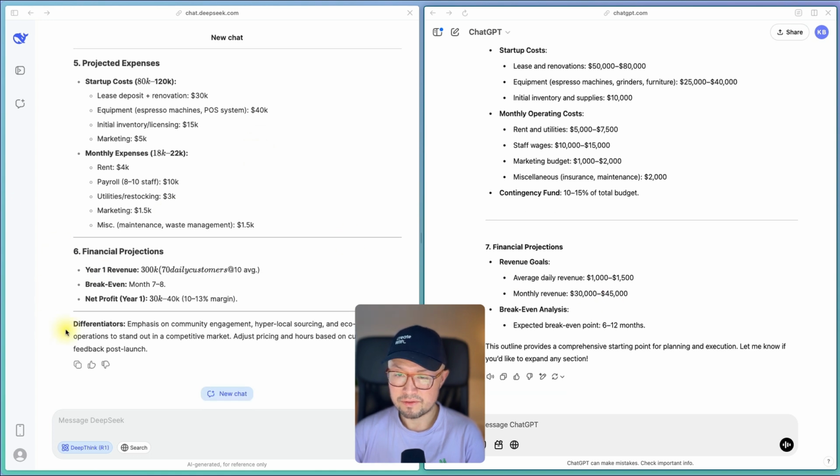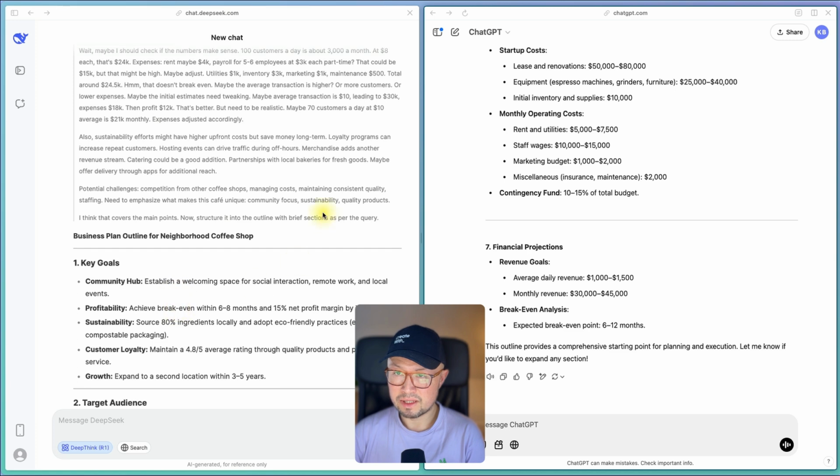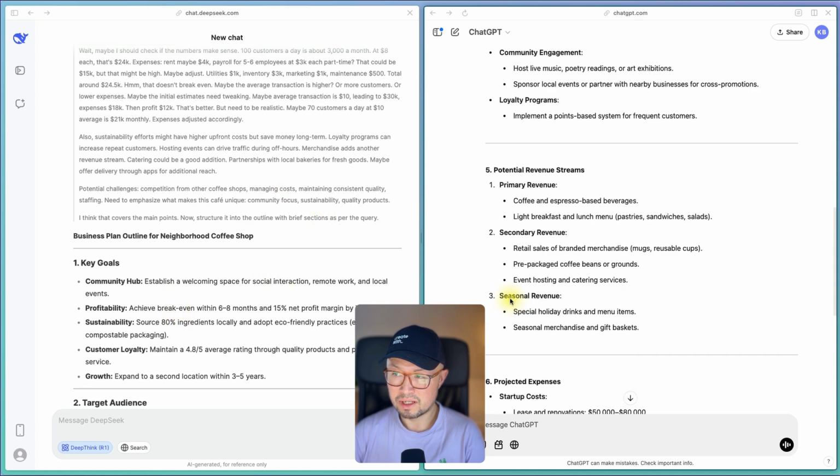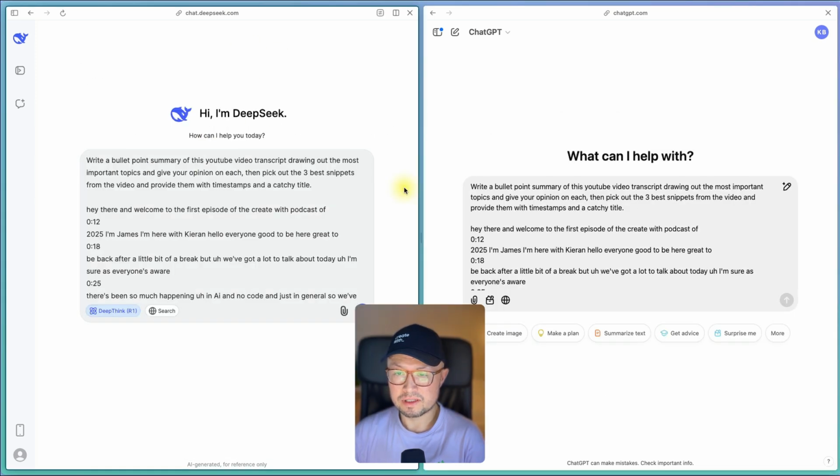And then if we look at financial projections, they're both fairly similar in the amount of detail they're giving, and the numbers are also fairly similar. So overall, I would say that DeepSeek wins on this one marginally, just because it's given a bit more depth in its response here. Okay, so for the next task, I have given it the transcript of the latest Create